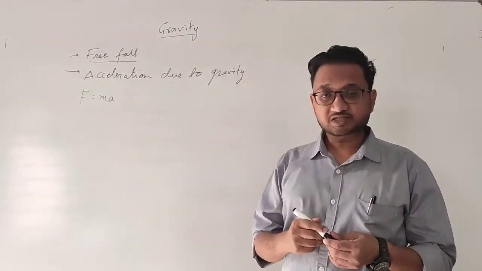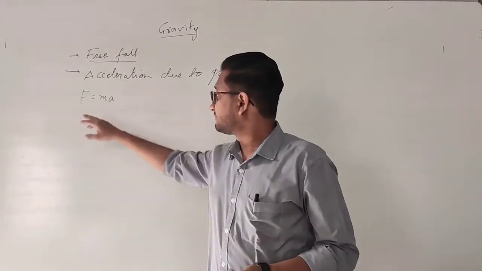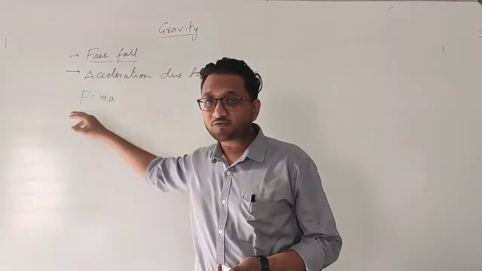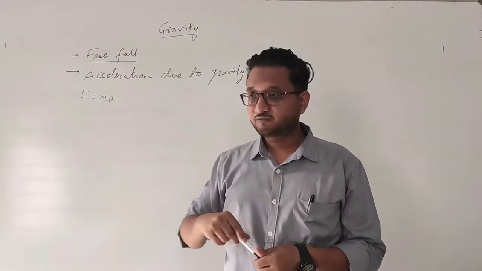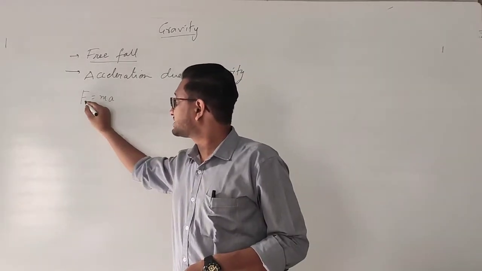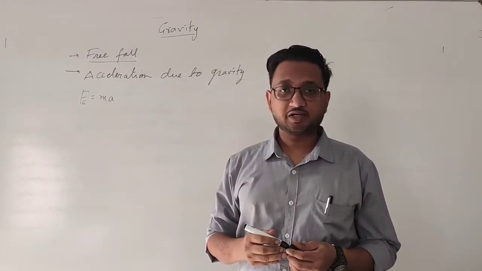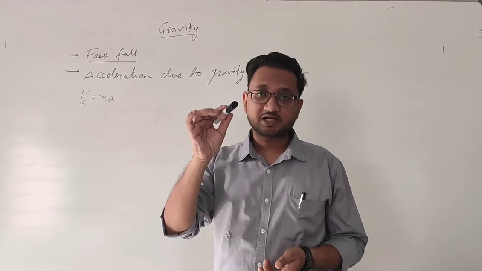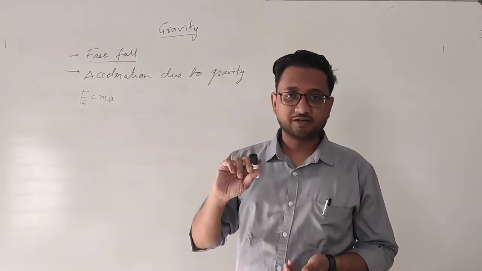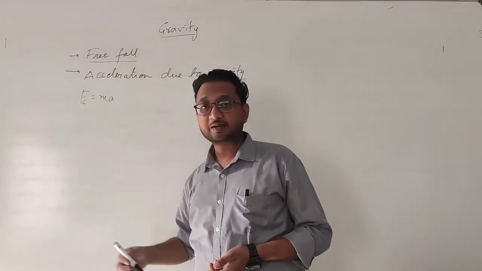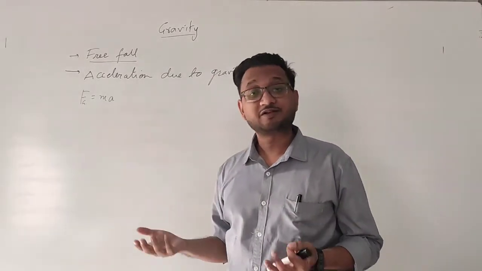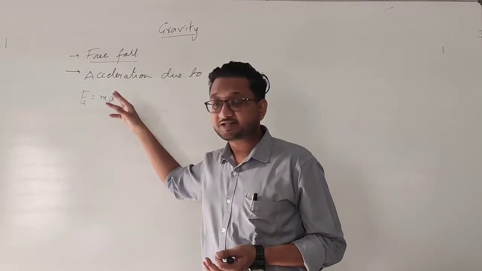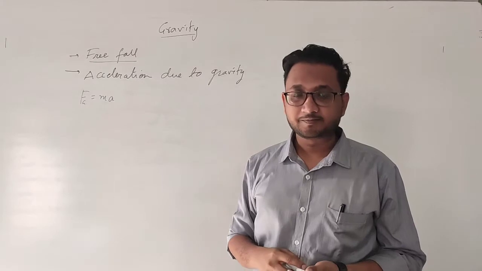Okay, so if the object is falling, that means a force is acting on it, and we know which force is acting on this, gravitational force. So I can write this force is the gravitational force acting on it. Mass of the object, which is whatever we have taken, in this case I am just writing m, and acceleration, that we don't know. What is the acceleration? This is exactly what we need to find.